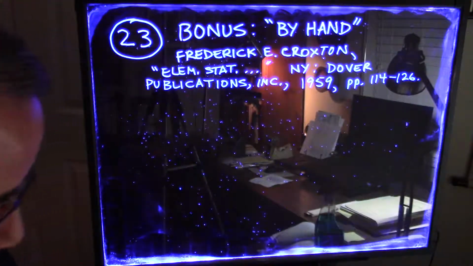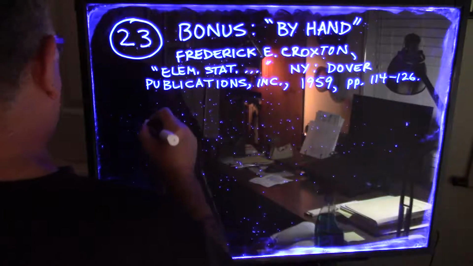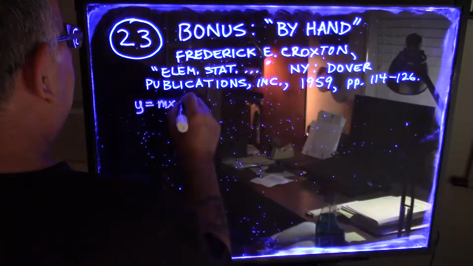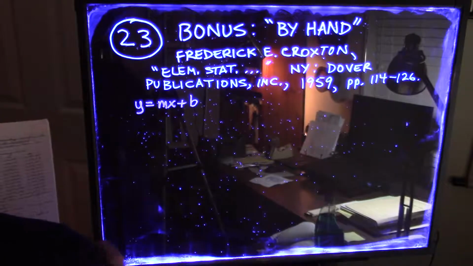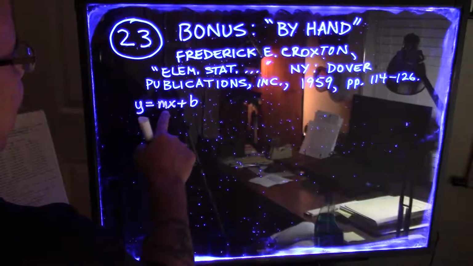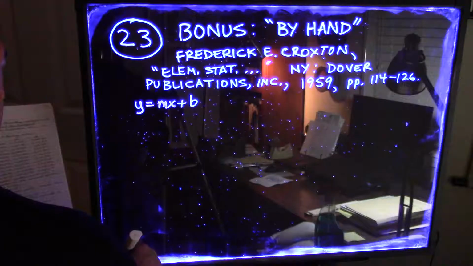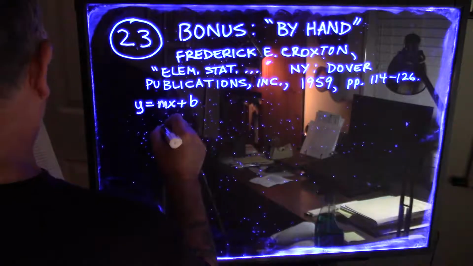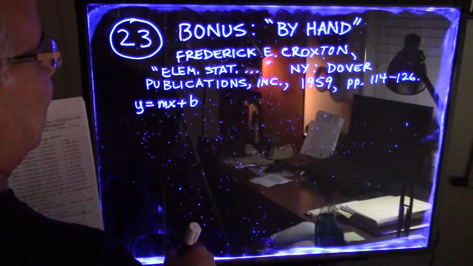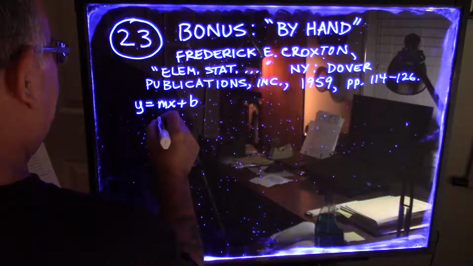So what we want is the regression equation. Y equals, I'm going to say y equals mx plus b. I'm not going to use ax plus b. Alright, that's what we want, is the regression equation, y equals mx plus b. So what we need to do is find m and b. Alright, and so to do that we solve two normal equations. It's called normal equations according to Croxton. They may use a different name nowadays for these. That's what Croxton called it back in the day. Alright, so